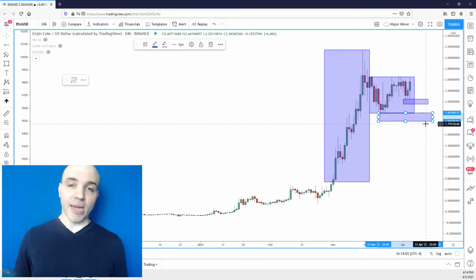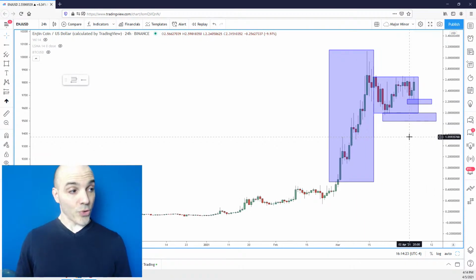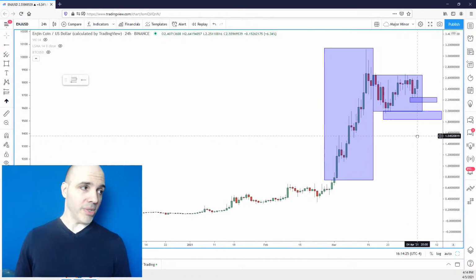At that point. Now, again, we don't know if we'll get that. So that would be the area where I'd be looking for something like that. Of course, it's nice if you can get some candlestick confirmation. Other than that, nothing to do here, right? So like I said, to recap that one, if you're in it, let it do its job, see if it breaks out. If you're not in it, you can take that aggressive idea, or you could wait for the more conservative idea. The trend is bullish, and I can't argue with that, okay?